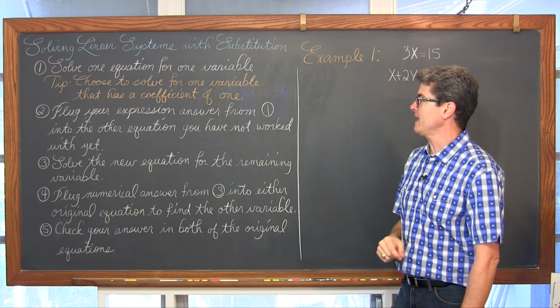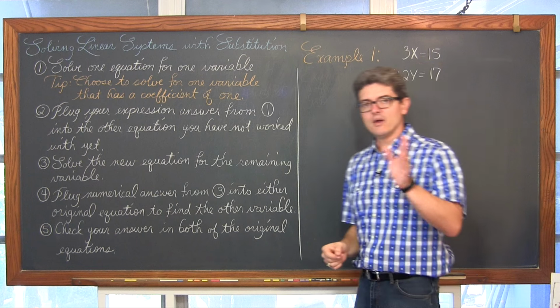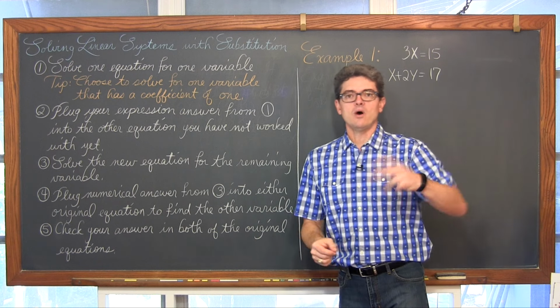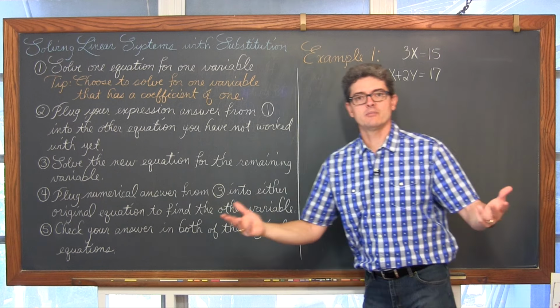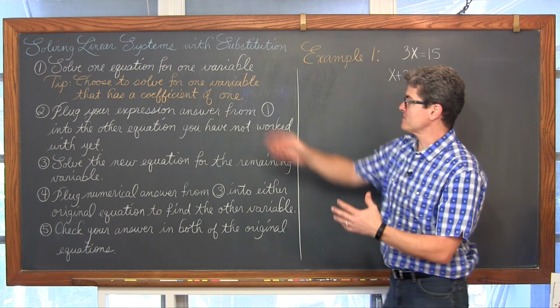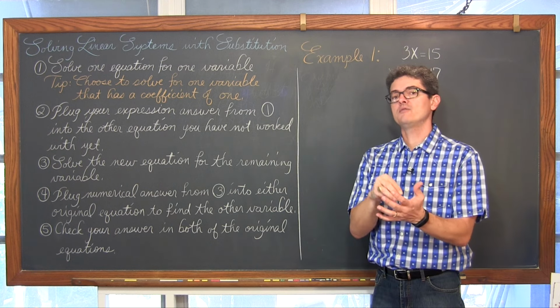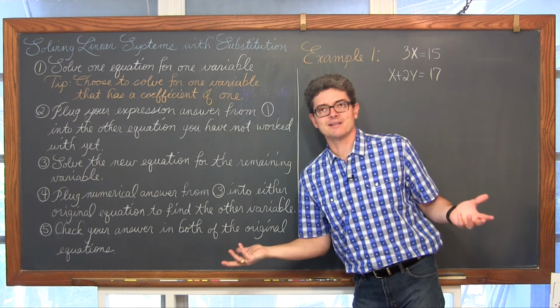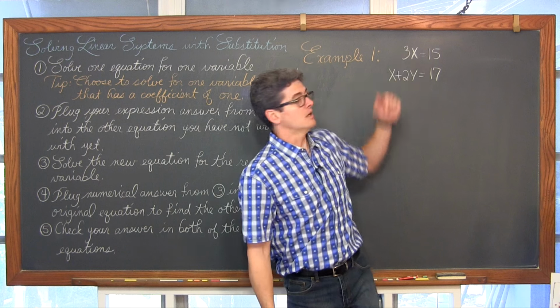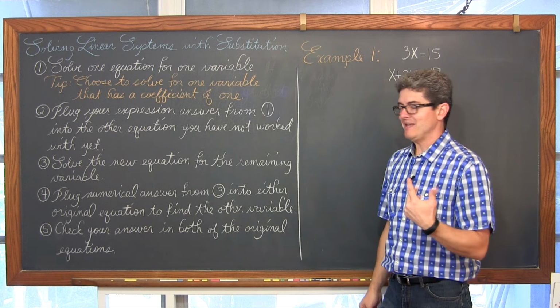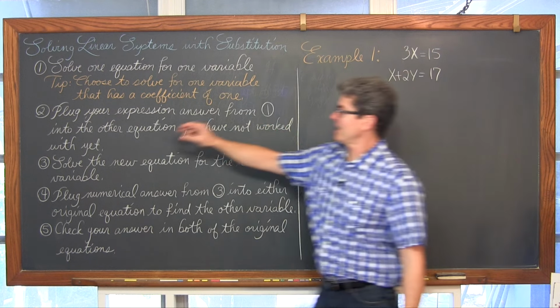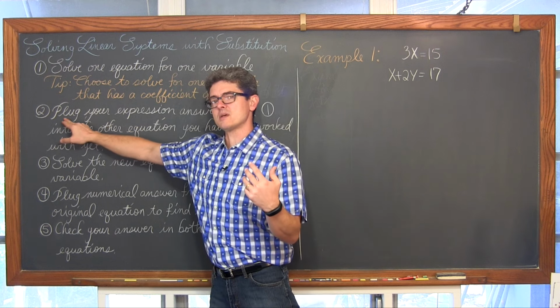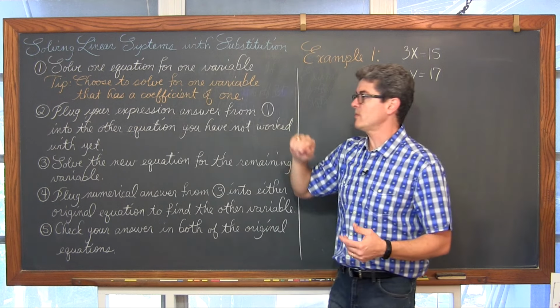Step 2: plug your expression answer from step 1 in. We're going to have x equals some blah, blah, blah, or y equals blah, blah, blah, or some other variable. We will have, from step 1, one of the variables alone. It's going to be equal to something, but it won't be like x equals 2, except for the simple example in the beginning. It'll be equal to some kind of expression. And I probably should have written the word substitution there. Just wanted to make sure that we could fit this all in.